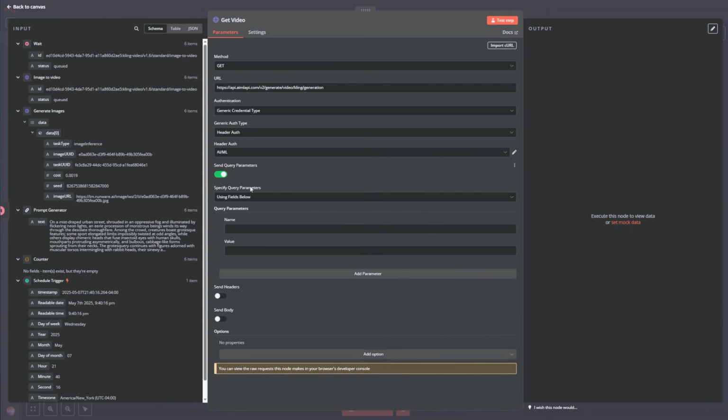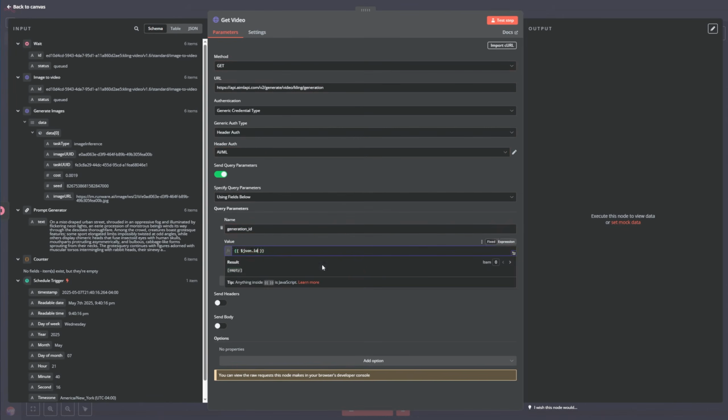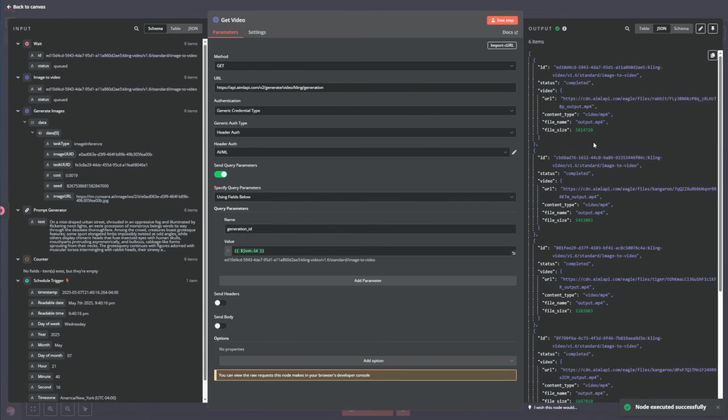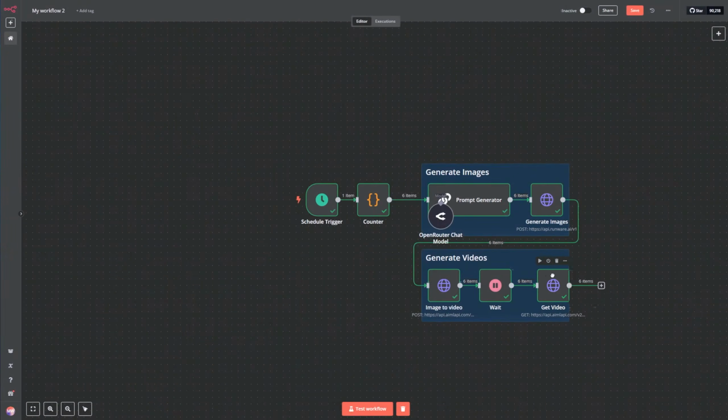Now for the query parameters, we need the generation ID. And for the ID, we just copy and paste it. And that's it. Now we can just get the videos here. Great. All the videos were generated successfully. So let's go to the next step,